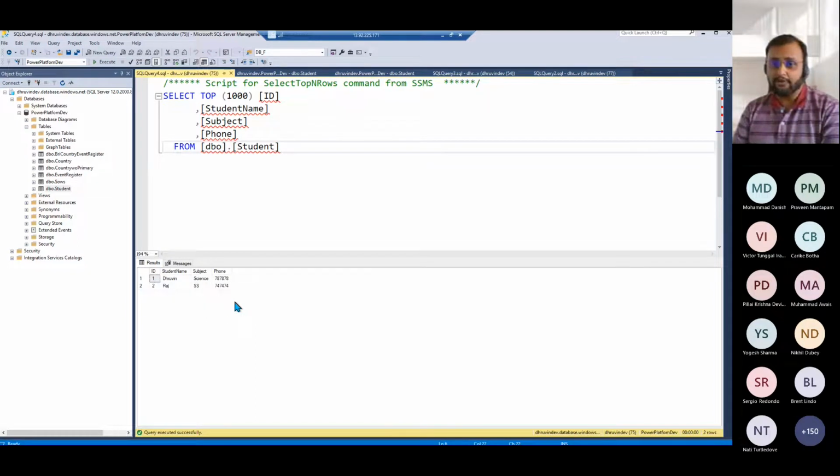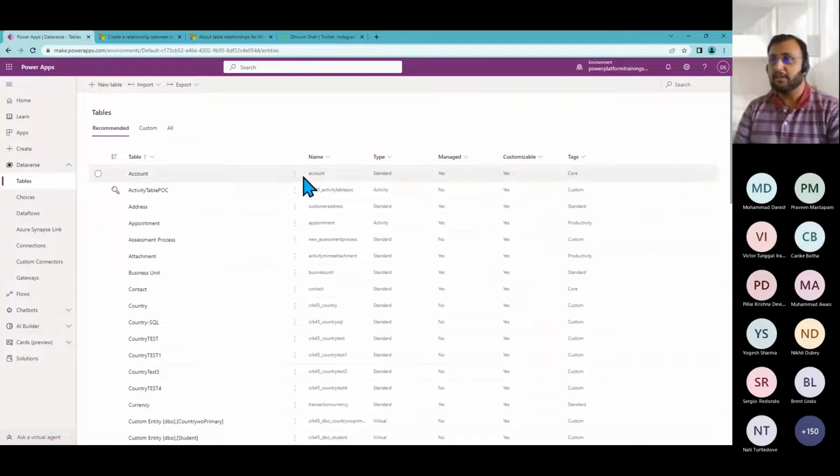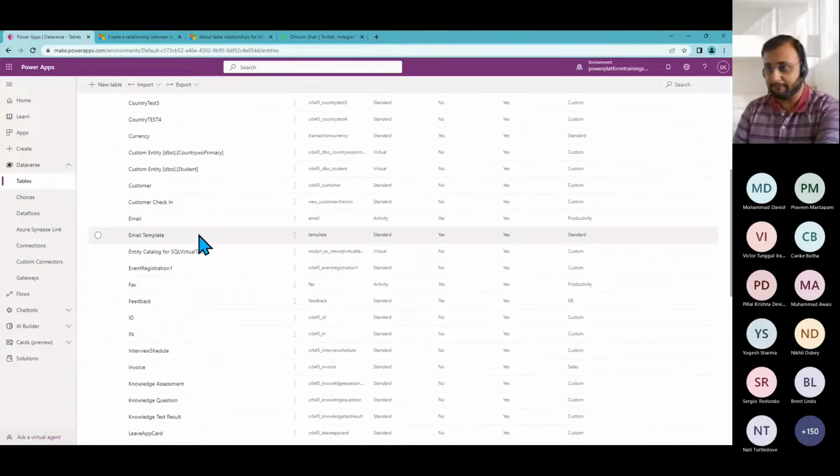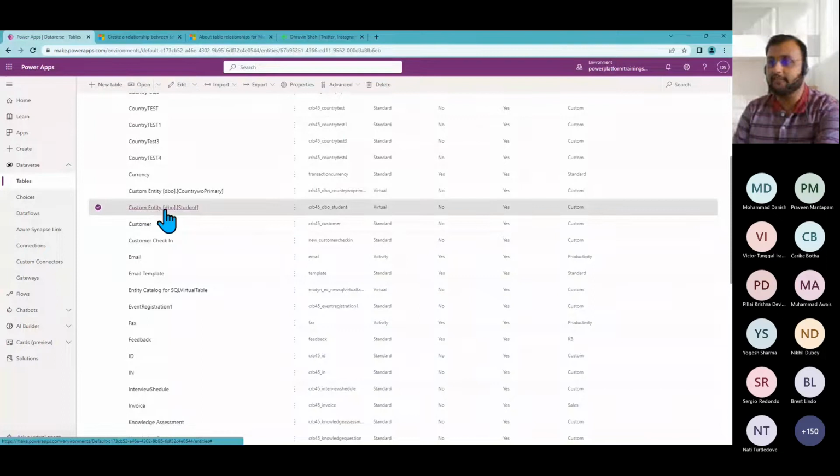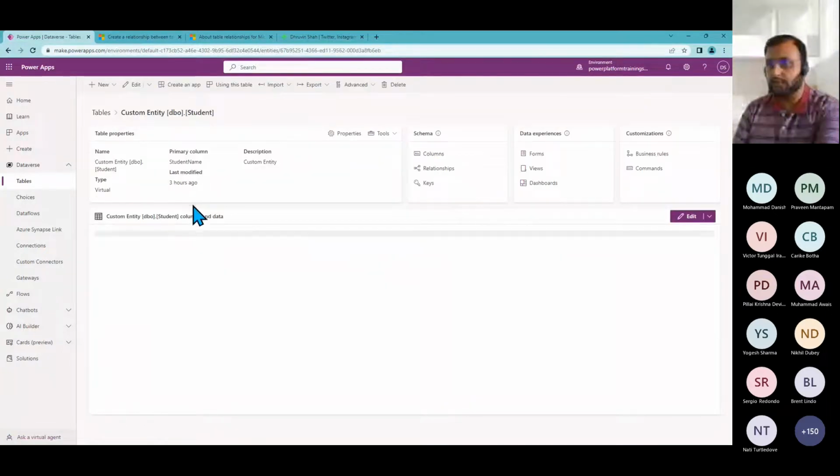Now, how to create the virtual table for your organization? So first of all, let me show you the end outcome for this so you can relate more what do we mean by this virtual table, and then I will show you the process of creating a virtual table in Dataverse. So let me just head over to my browser window. So let's say for an example, this is one of the virtual table. Give me a moment. Yes. So this is the one of the virtual table I have here,